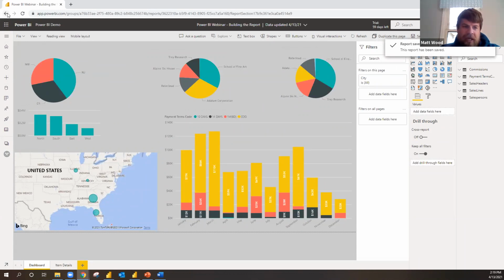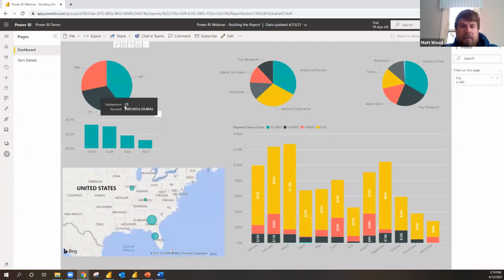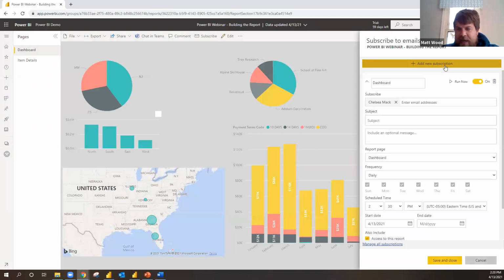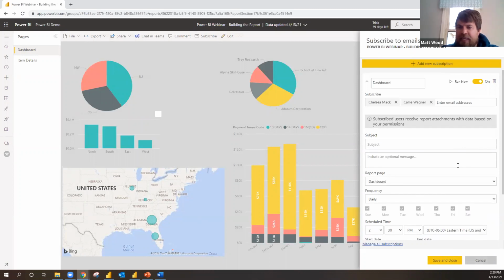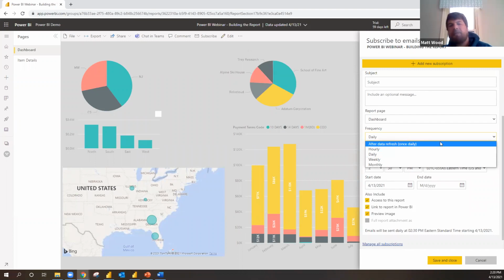You saw a subscribe button there. If we go back a little bit here. That subscribe button, so we can go ahead and subscribe and have this emailed to us as well. So there you can see, and we can add additional people to this. So if I wanted to let people know through email and be able to open this report, I could add as many people as I want, and it will send that email off to those users. And we can schedule those emails. So if you said every morning I want it to send out an email, I could set that up similar to what you do with an Outlook calendar invite.